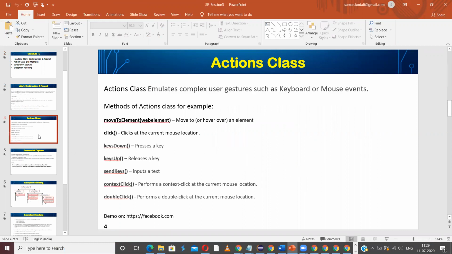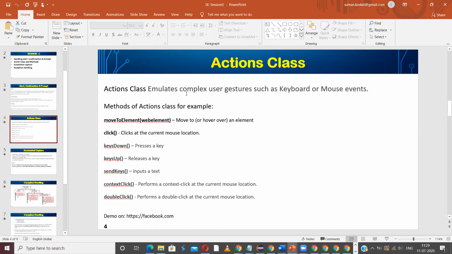The Actions class is used to emulate complex user gestures or keyboard or mouse events. Suppose sometimes we want to enter, see in the earlier example, in the edit box, we have entered testing.